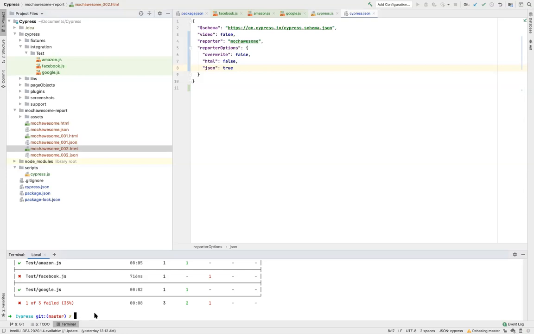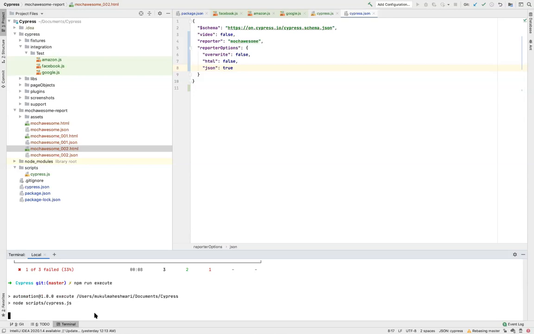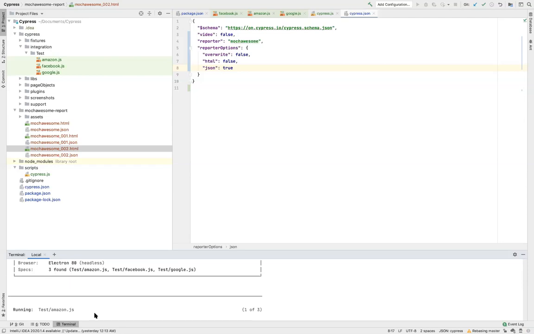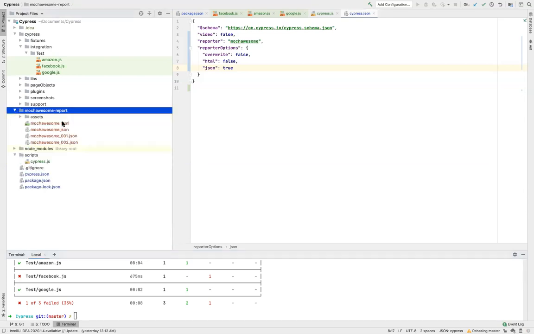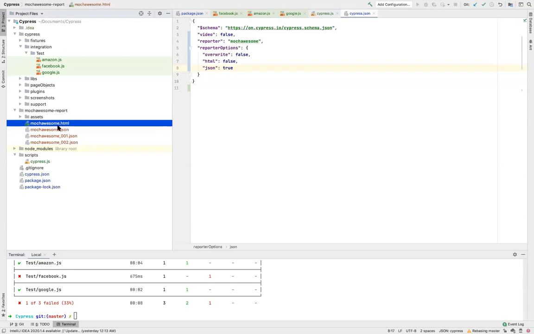Now let's see a demo of that. All right, the tests have stopped running. Now you are getting just one HTML file and three JSON files. You can further play around with it.